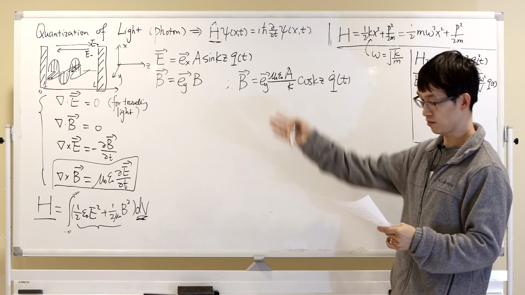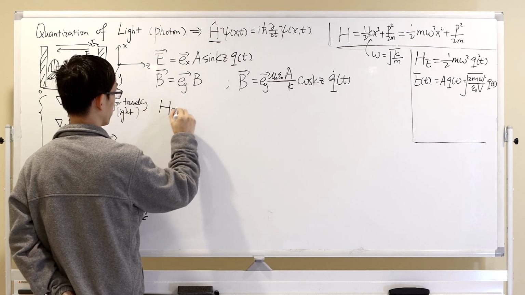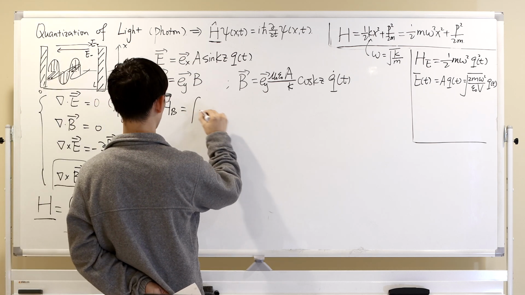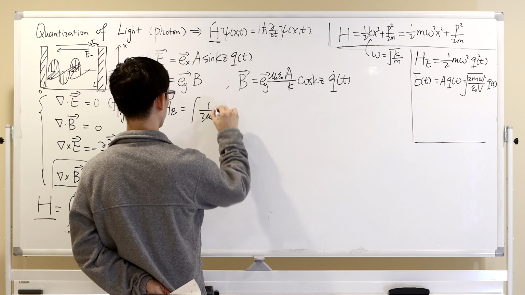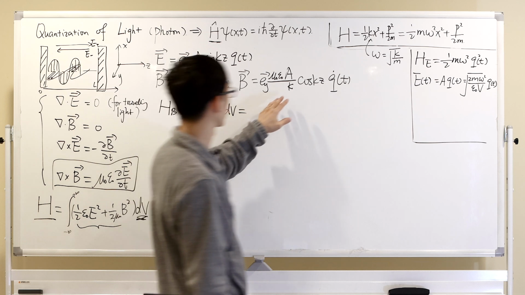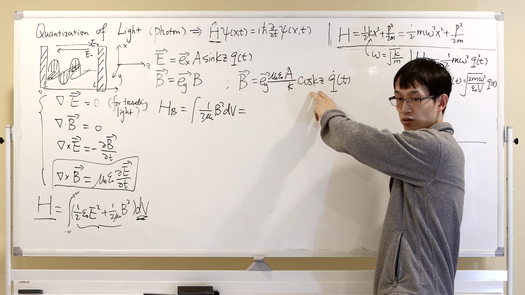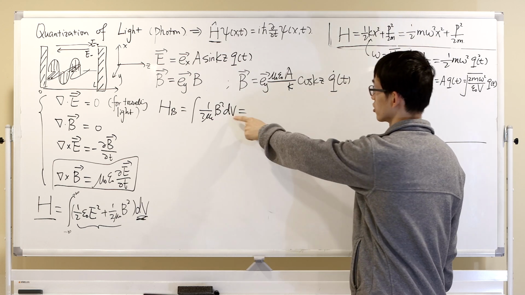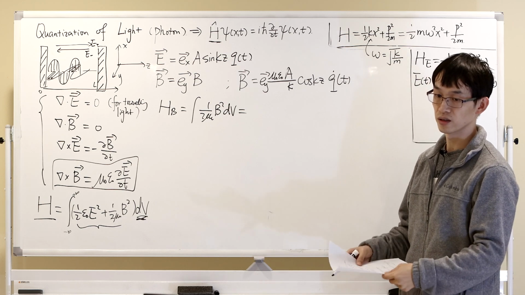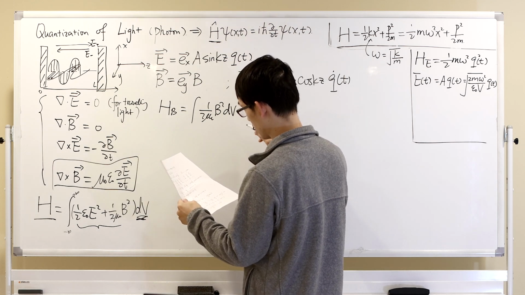And then because of this, you can again do this integral to calculate the energy. The energy of the magnetic field is the integration of 1 over 2 mu naught B squared dV, and the process is exactly the same. You have all this constant, and then you have cosine, you integrate that, it becomes 1 over 2, L over 2, and then you have integration of x and y, and that gives you effective area, okay? So everything is the same, so I would just skip those steps and tell you that